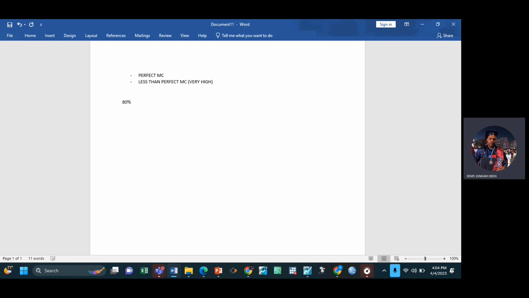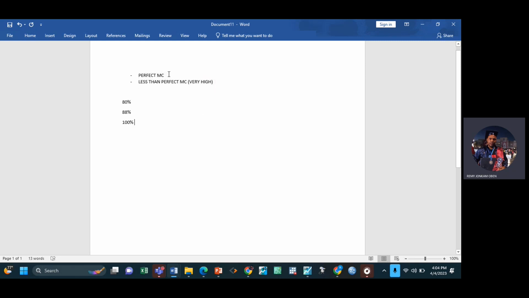We are checking the correlation matrix between two regressors, right? So let's say we have 88% and then we have 100%. If the Pearson correlation coefficient between two of them is 100%, it means it is perfect multicollinearity. But we can also have something like 88%, which is not perfect, but it is high, right? So we have two types of multicollinearity in this sense.